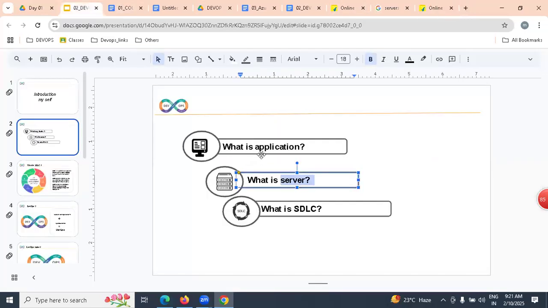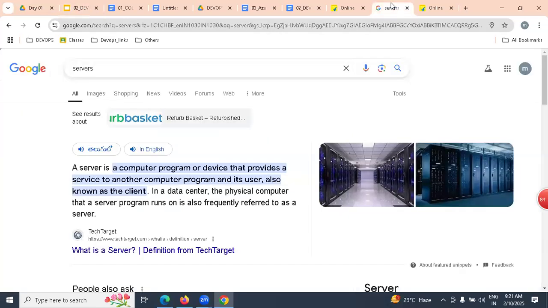Let me repeat again. The working software which is written in any programming language we call an application. That application is placed on the server side. Once it is placed on the server side, we can access it on the internet as a website.